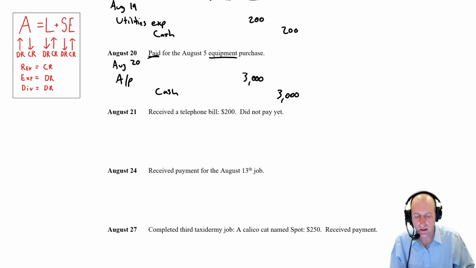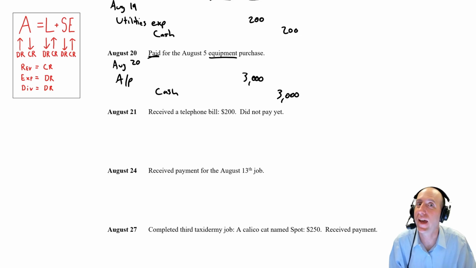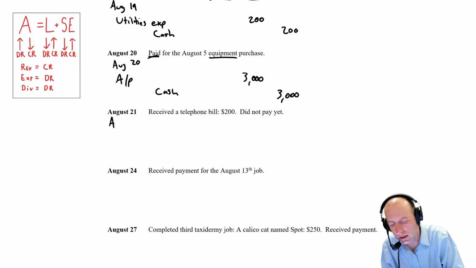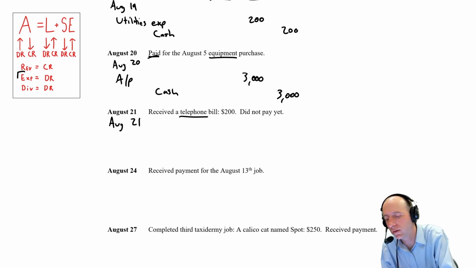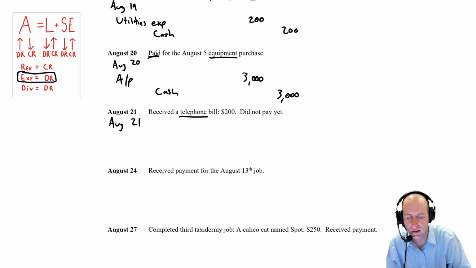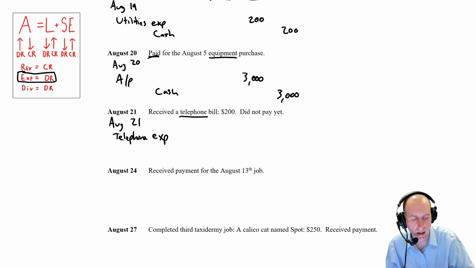Okay. Next, August 21st, received a telephone bill, $200, did not pay it yet. Okay, so we got a telephone bill. If we paid it, we would credit cash. But since we didn't pay it, obviously this creates a debt or a liability, an account payable in this case. Let's deal with all of this. August 21st. What is a telephone cost to a business? Telephone cost is absolutely an expense, and expenses need to be debited. Let's debit telephone expense and the amount,